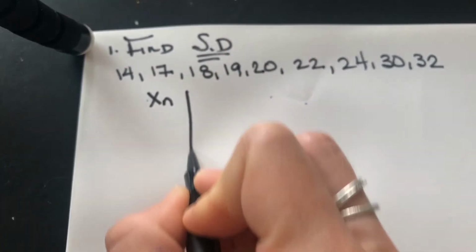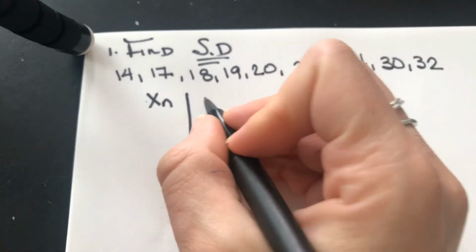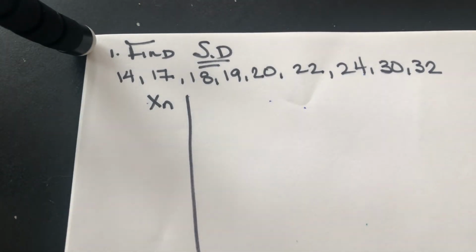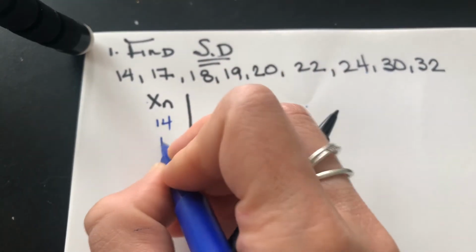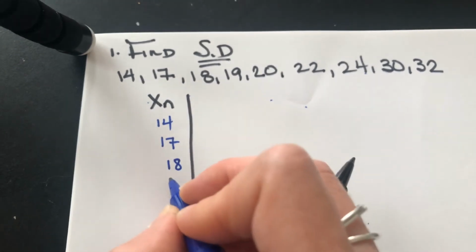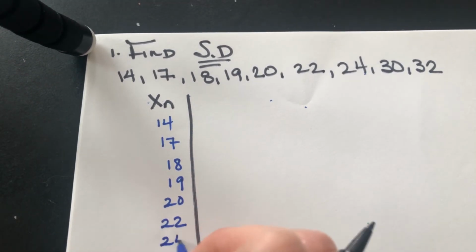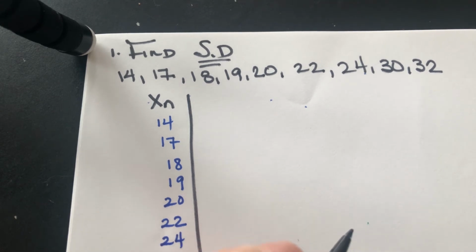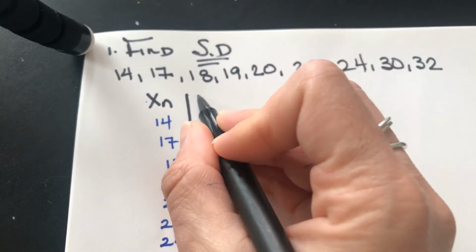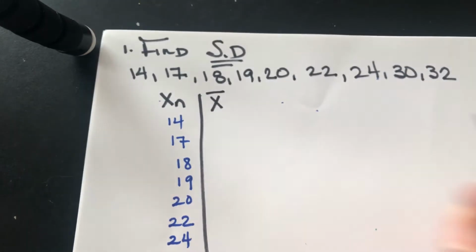Xn, you're going to write our values. Then, actually, I'll do one thing at a time. So we have 14, 17, 18, 19, 20, 22, 24, 30, and 32. Okay. Now, the next column, you're going to do X with the bar over it because it should make sense